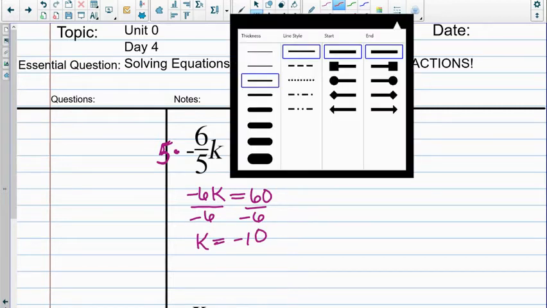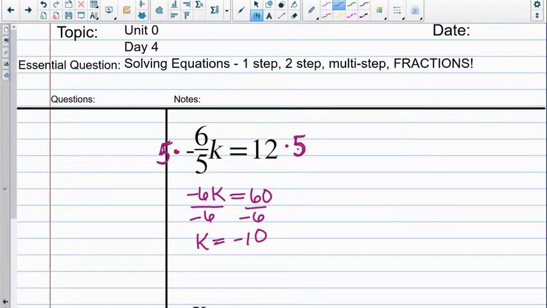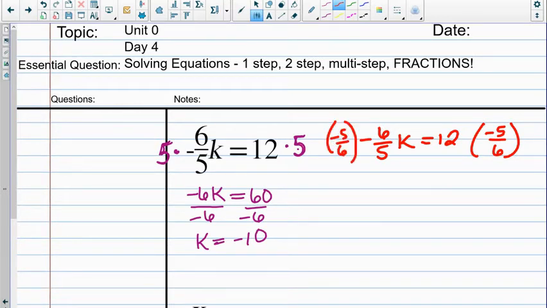Another way to do this would be to do it in one step. Let me rewrite it here. I would multiply by the reciprocal, and I need that negative in there because negative times a negative is a positive. And what happens when you take -5/6 times -6/5? You're just left with k. They didn't cancel, they made +1, but we like to think about it as canceling. So then I have,